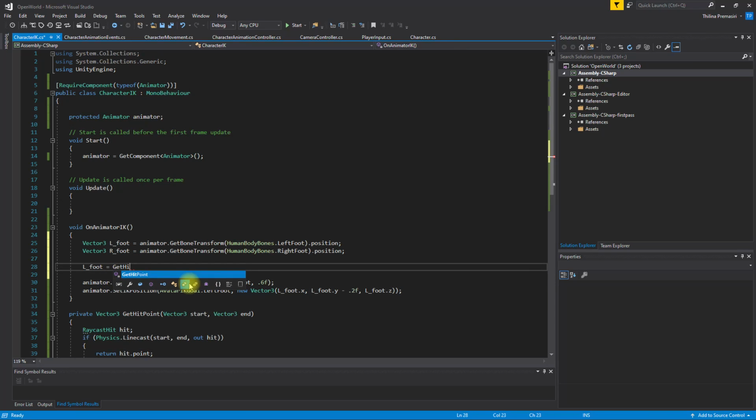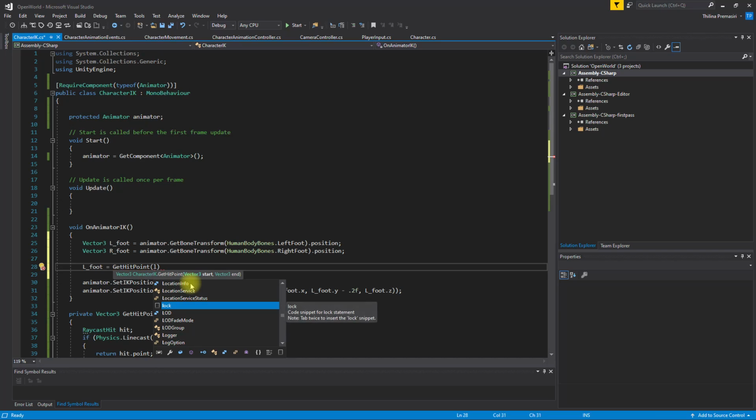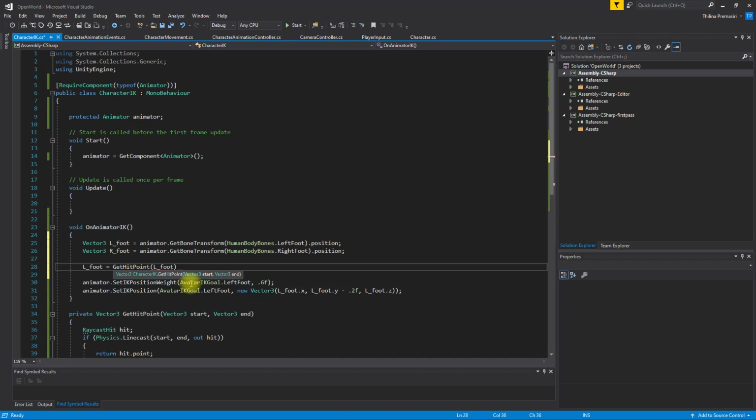So the starting position would be L foot plus Vector3.up. So that means some point above the left foot,